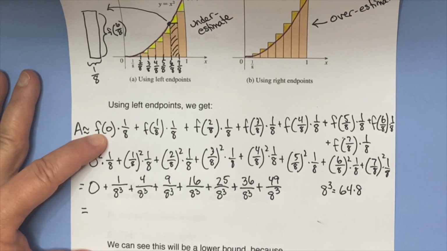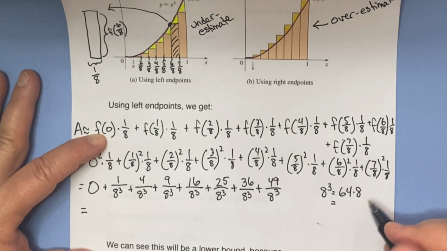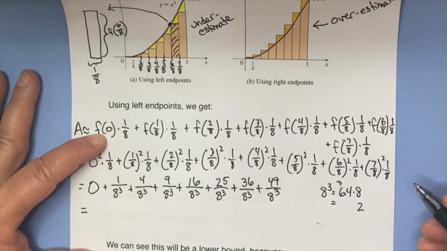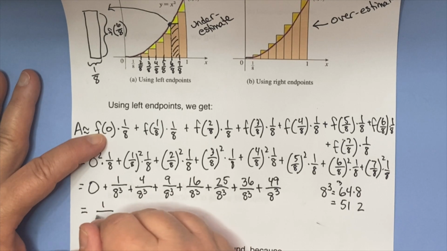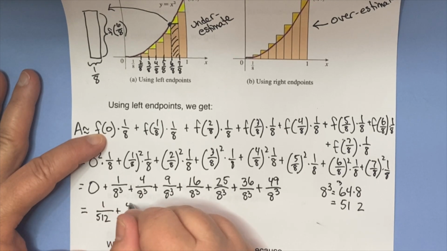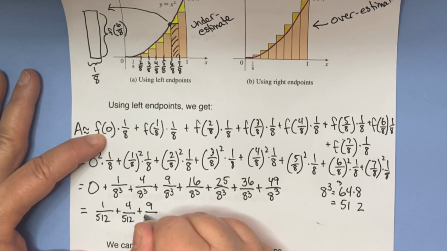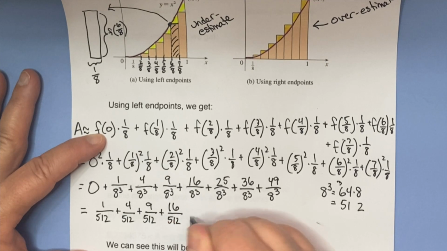Well, the answer is I left my calculator way over there on the table. So I can't get to it. So it's 32, 6 times 8 is 48, 512. There we go. So we get 1 over 512 plus 4 over 512 plus 9 over 512 plus 16 over 512